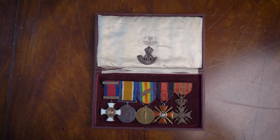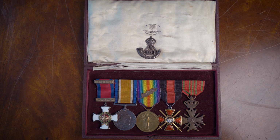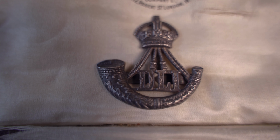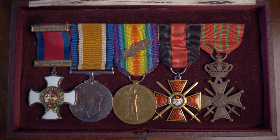He was commissioned first in 1898, actually into the Northamptonshire Regiment, but swiftly transferred to the Durham Light Infantry at the turn of the century, and was deployed into West Africa with the West African Frontier Force, which he served with for 5 years between 1904 and 1909. Coming back to Britain to a promotion as captain,